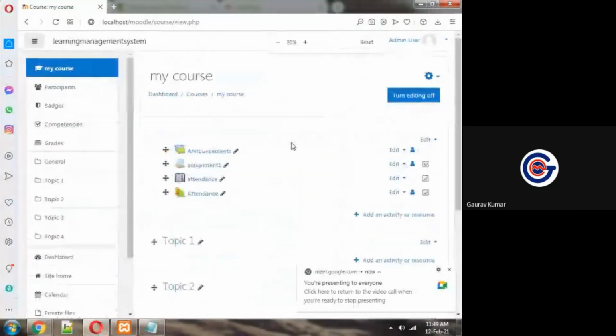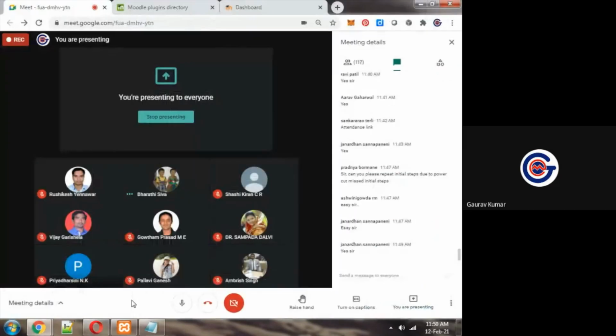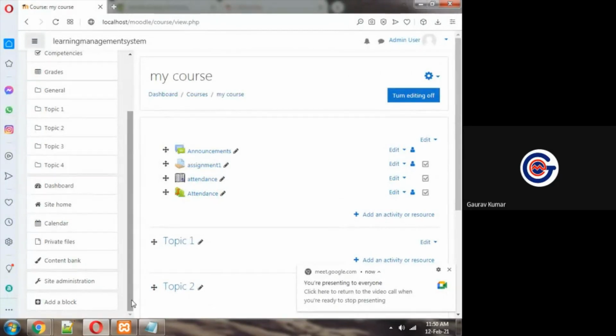Okay, now we will see by which way we can add these modules. Okay, I have added attendance register, but the main thing is how I have added it, by which way it is available here. I want to add something more. Suppose I want to add some more modules, by which way can we do it? Now we will see how to customize Moodle, how to add additional modules. Once you are aware of that, then you can do everything with Moodle. You can do whatever you want to do.